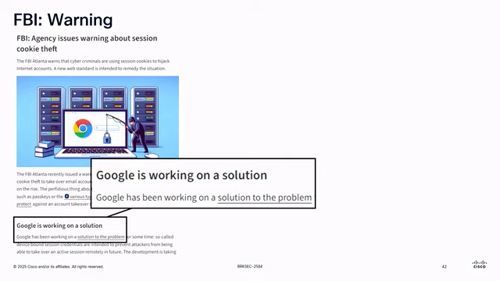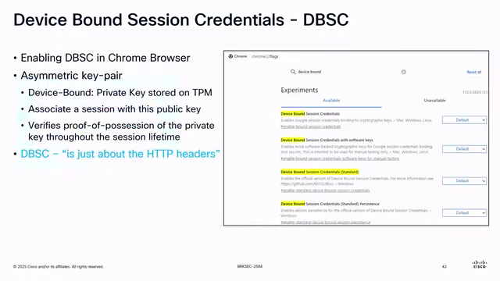Google already released DBSC, device-bound session credentials, to the Google Chrome browser since version 135. So you all have it enabled, or at least available in your browser environment. Now, the device-bound session credentials, or DBSC, have actually two goals. One, the browser should just receive short-lived cookies, but regular set cookies, but short-lived. And second, DBSC